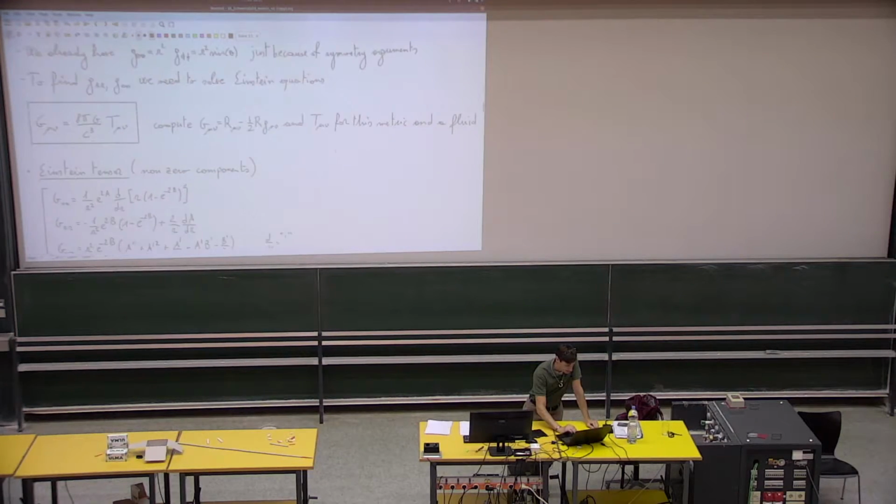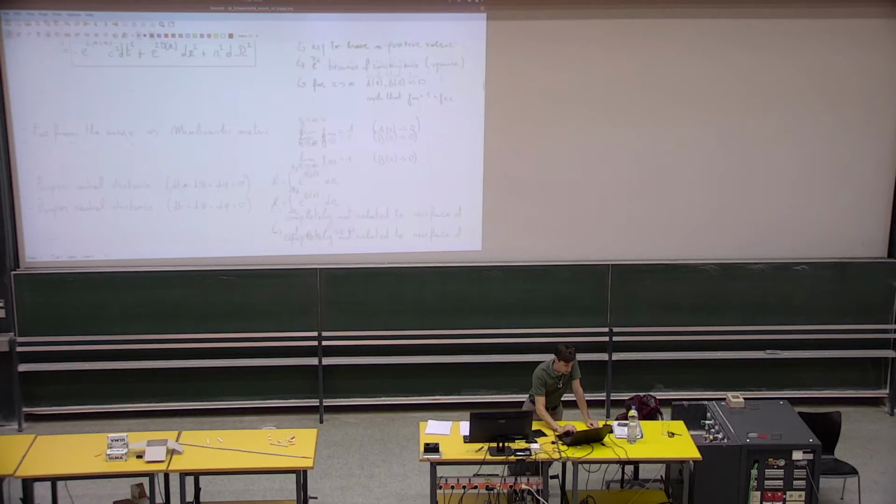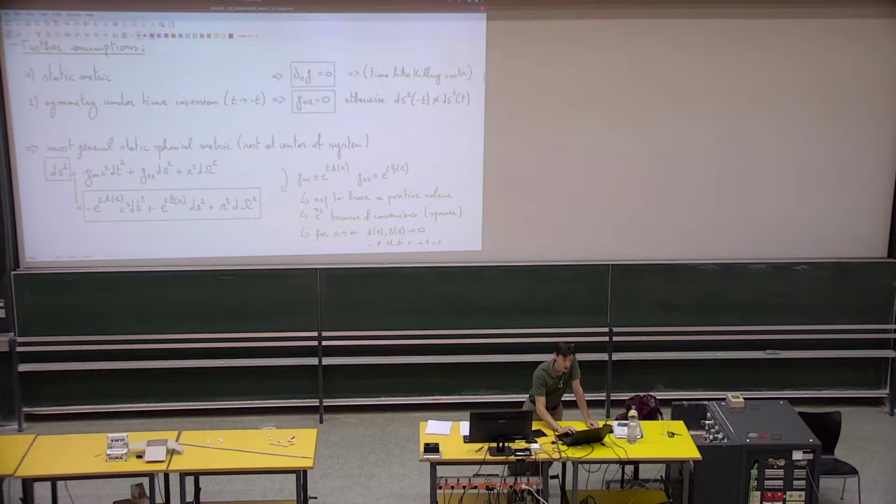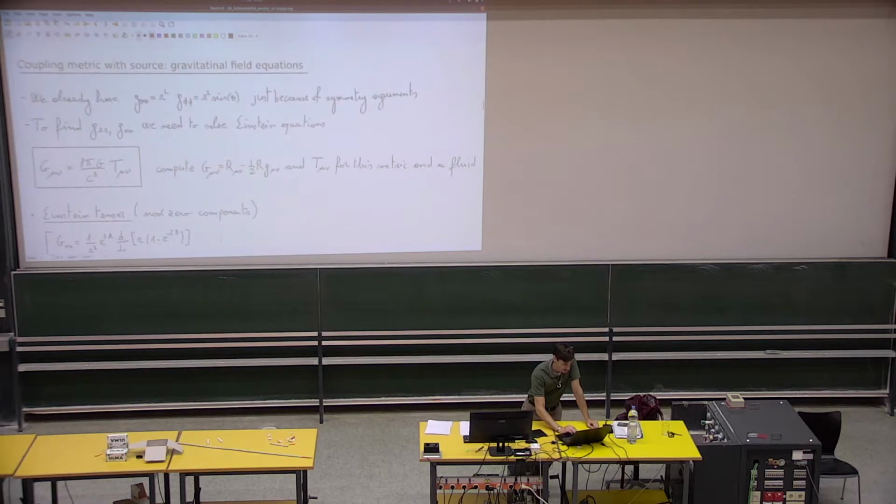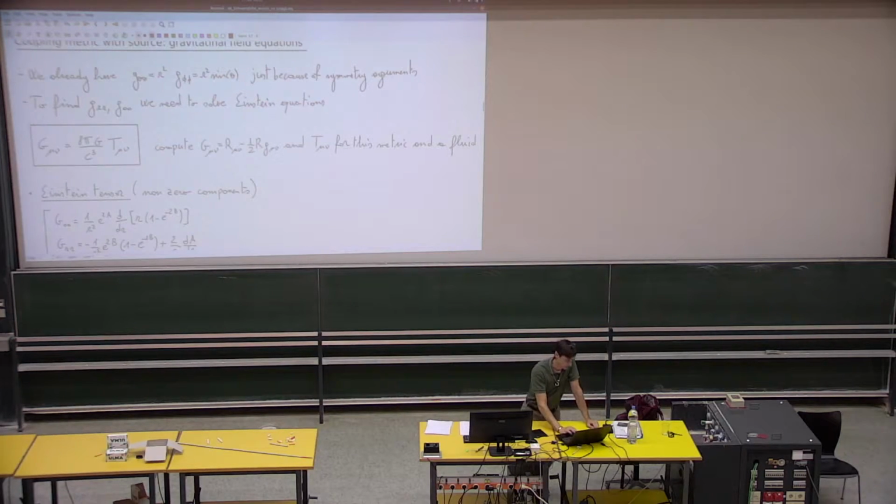Then we proceeded, and what we wanted to do now is to identify the G00 and the GRR term, or if you wish, the functions AR and ER and BR that fully characterize the two coefficients of the metric. To do that, we do what you already know, meaning we need to apply and solve the Einstein field equations such that the metric that is hidden both in the energy momentum tensor actually and in the Einstein tensor needs to be solved such that given a source, which might be matter, which may be a field or whatever,